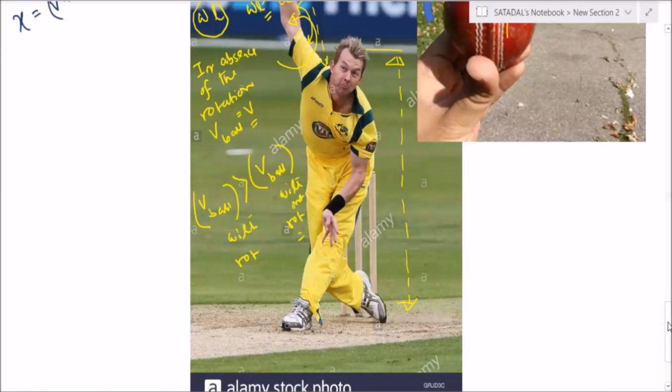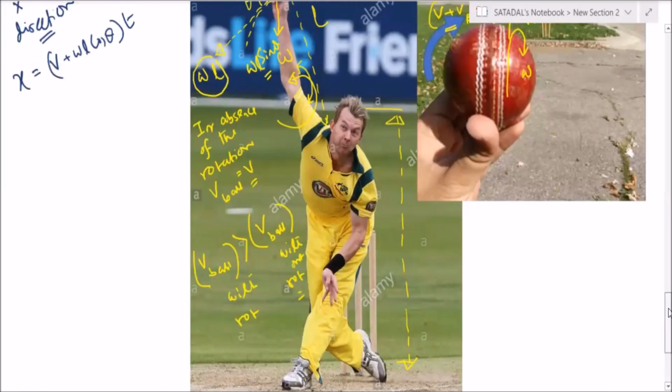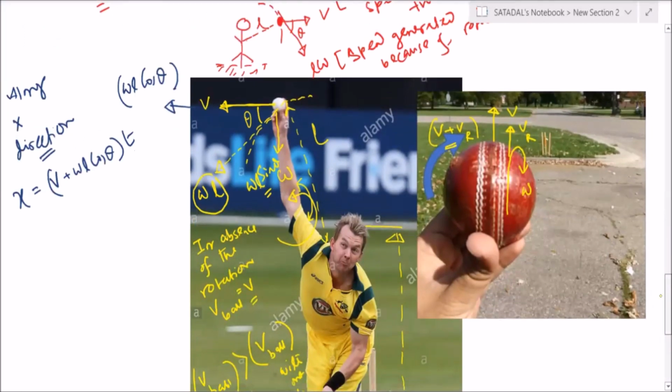So what we are interested in, think about this now. If I am not wrong, this angle is also theta. If this is L cos theta,